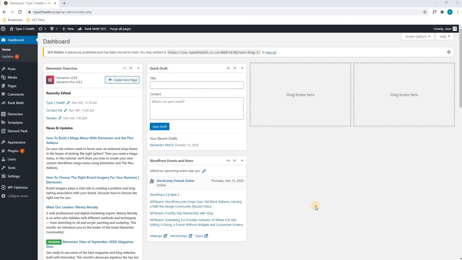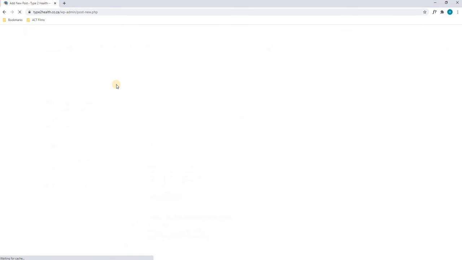Hello, in our next tutorial we will show you how to add a blog to your website. Upon logging in and being greeted with the dashboard, we will simply hover over Posts and select Add New. Next we will let the page load,